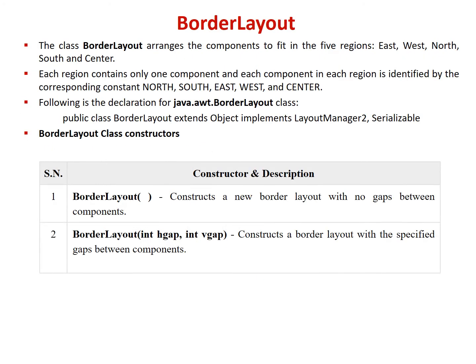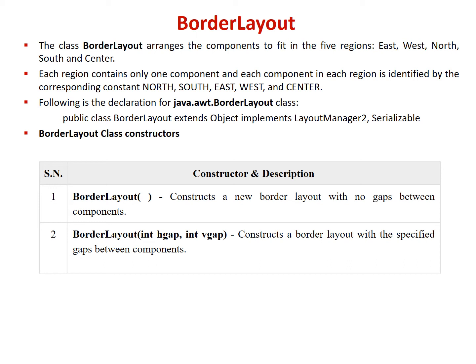The border layout class. The class BorderLayout arranges the components to fit in 5 regions: east, west, north, south and center. Each region contains only one component, and each component in each region is identified by the corresponding constant: north, south, west, east and center. Following is the declaration for